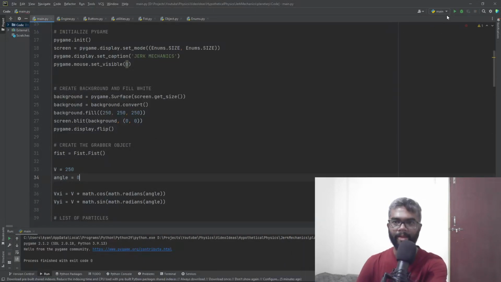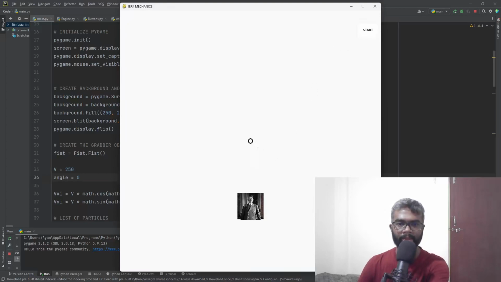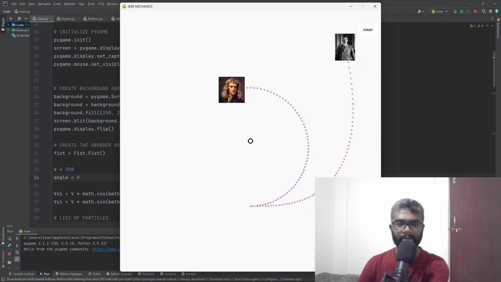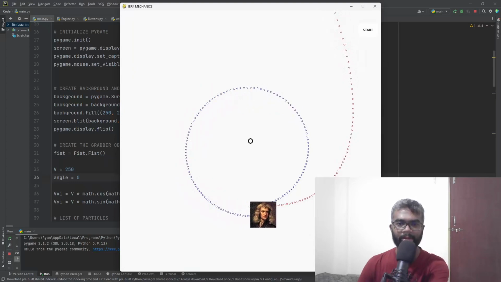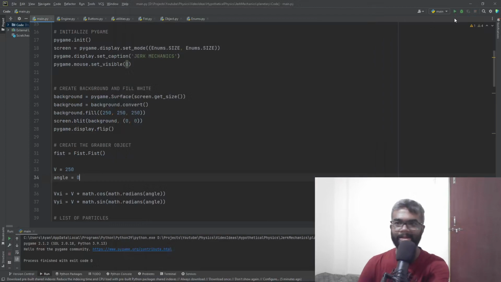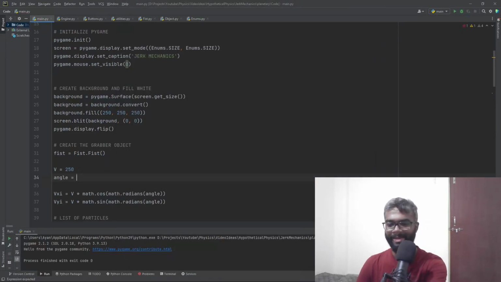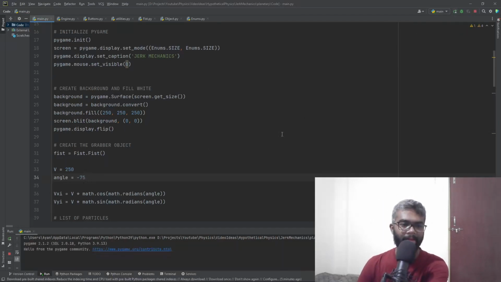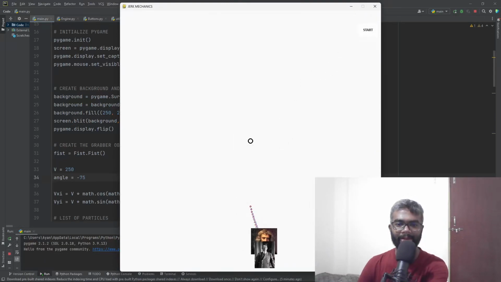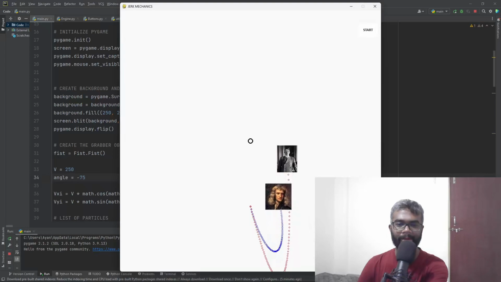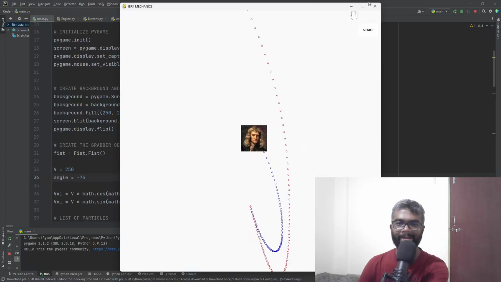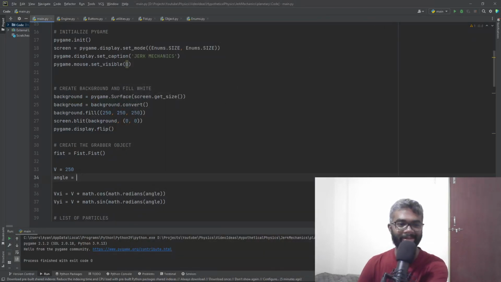Amazing. What happens if I give the initial angle as 0? I mean, totally perpendicular to the object. So as you can see, this Newtonian object seemed to follow this circular motion, but again, this jerk object just totally escaped it. And finally, I'm going to try minus 75. My objective here is to escape the gravitational field. Well, you can see the Newtonian object eventually falls into the object, but again, this jerk object just escapes it, man. I mean, that's crazy, right?